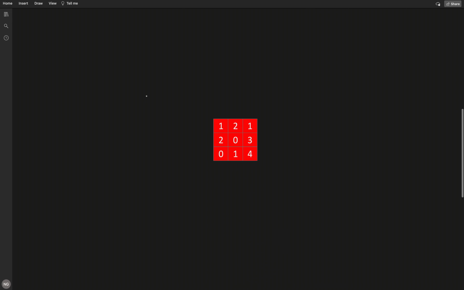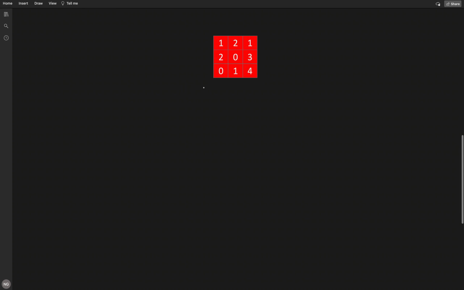So again the same matrix. First we will create two vectors, or two 1D arrays or sets, whatever you like. I will create a row set and a column set.